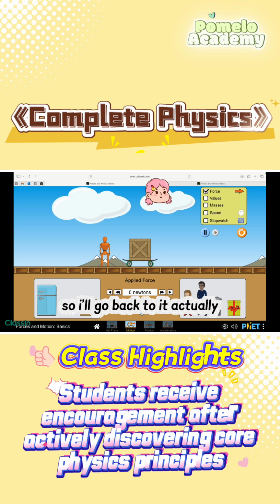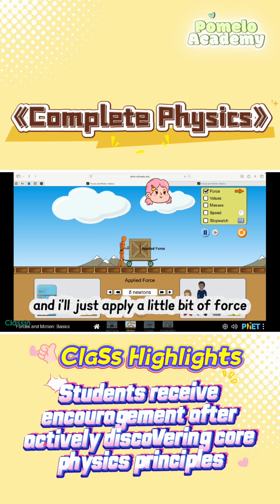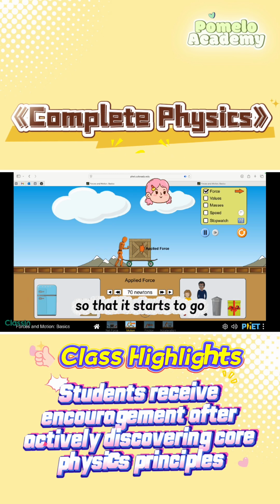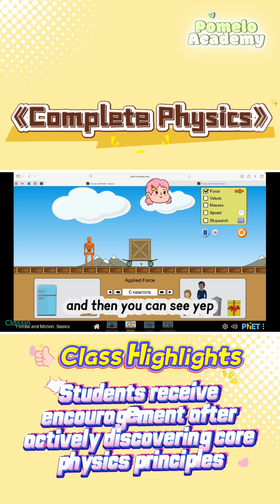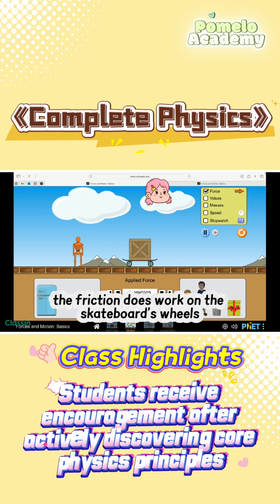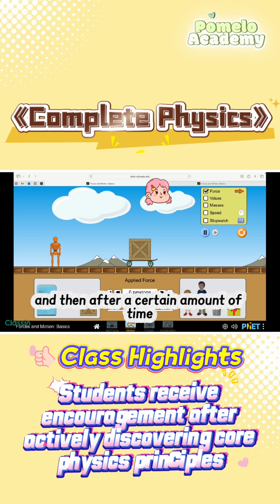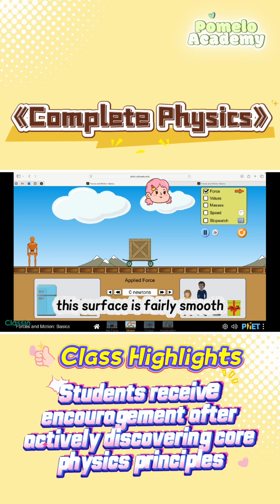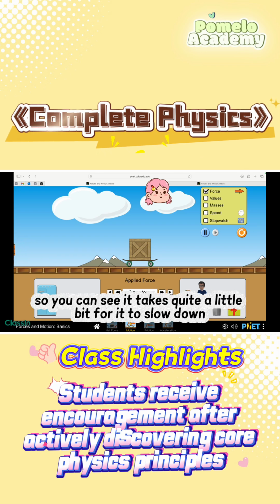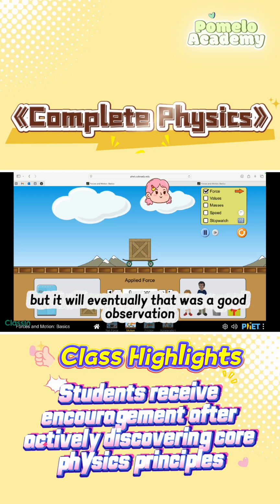You're very right. So I'll go back to it actually, and I'll just apply a little bit of force so that it starts to go, and then I'll release, and then you can see, yep, the friction does work on the skateboard's wheels, and then after a certain amount of time, it'll slow down. This surface is fairly smooth, so you can see it takes quite a little bit for it to slow down, but it will eventually. That was a good